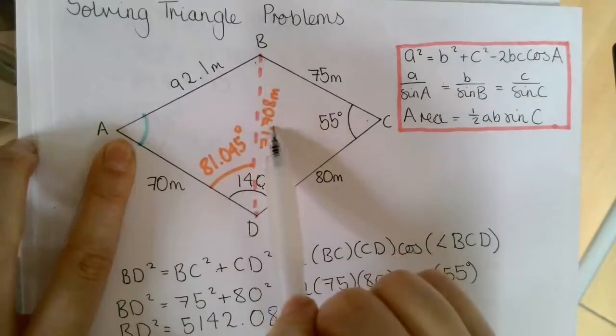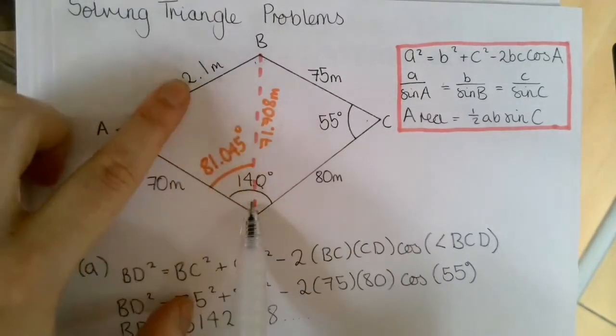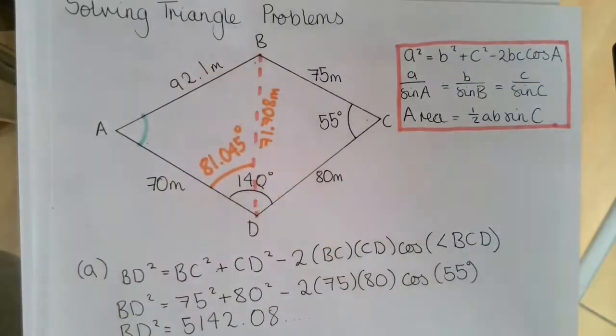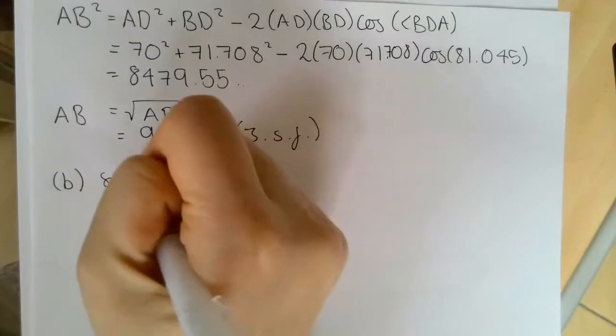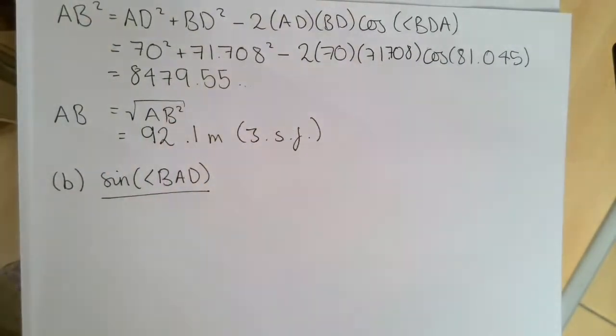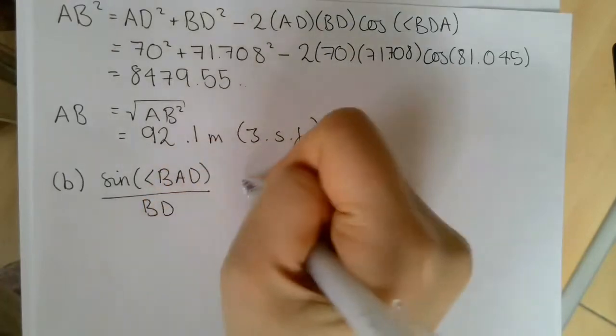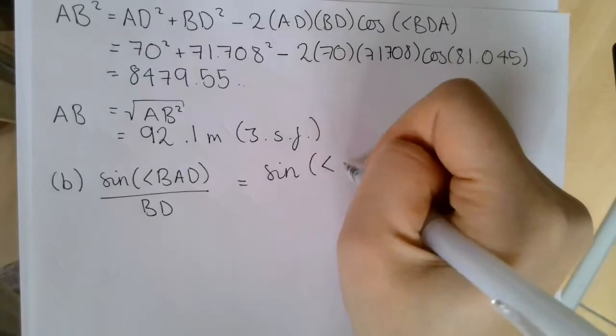We know its opposite length. We've got this angle here in the triangle and the opposite length AB, which means we can use the sine rule. So sine of angle BAD over the length BD is equal to sine of the angle ADB